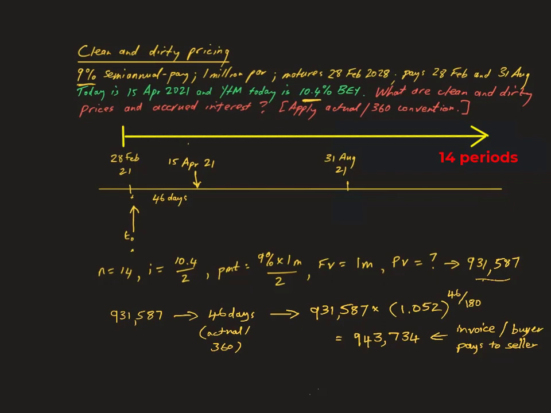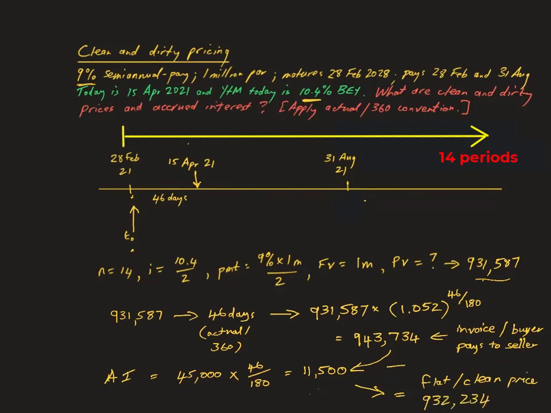You are also required to calculate the accrued interest. This is usually needed only for accounting purposes and does not affect the commercial characteristics of the transaction which has just been concluded at the dirty price. Accrued interest is the rand amount of the coupon that will be paid on the next coupon date multiplied by the days since the last coupon divided by the number of days in each coupon period. In this case, the accrued interest is 11,500 rand. Finally, the clean or flat price of the bond is the dirty price minus the accrued interest. In this example,